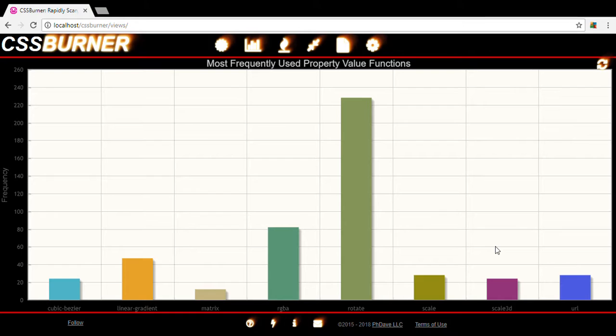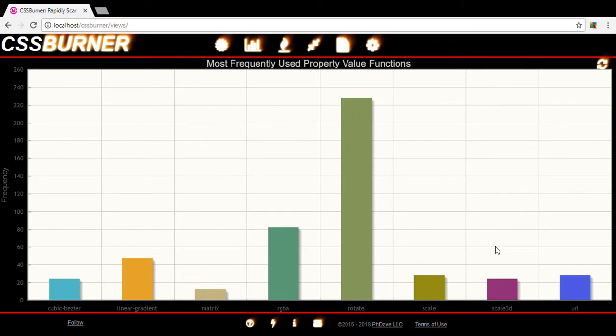So that would be one thing. I also noticed that the skew function, there's skew X and skew Y, is absent. So I feel like that's an underutilized function. Perhaps there could be some kind of fancy visual animation that could call into play the skew function as another possibility. This data shows that the authors ran the gamut with transform functions, but they glaringly did not include translate and skew. So there may be a reason for that, and that's the power too of statistical analysis, is that the user